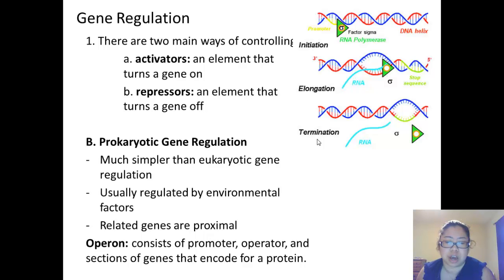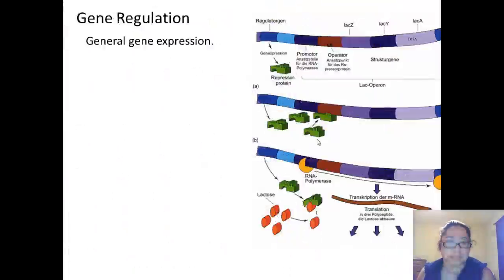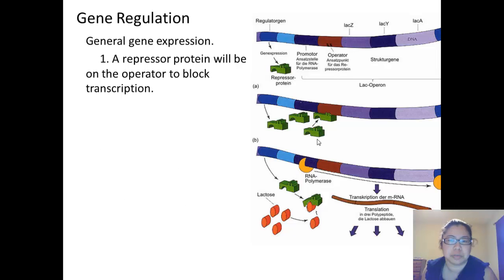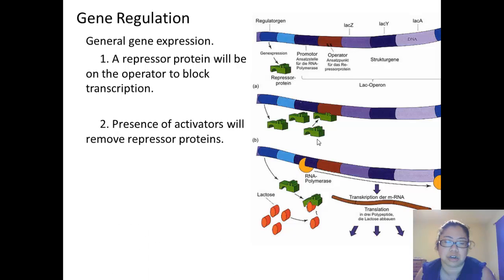Let's go ahead and define an operon. An operon consists of a promoter, an operator, and sections of genes that encode for a protein. The promoter is where the RNA polymerase lands on, and the operator. So in general gene expression, a repressor protein will be on the operator to block transcription. So the operator is a coding section of DNA in which the repressor protein will be on there to block the starting of transcription, most likely RNA